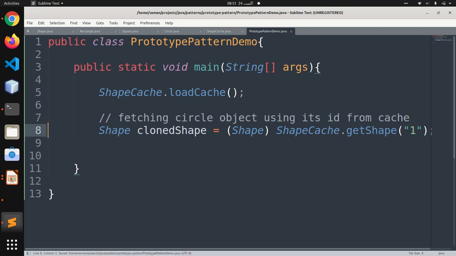So we are not creating a new object for our functionality in our application. We will be reusing our existing object which we have stored in our hash table,